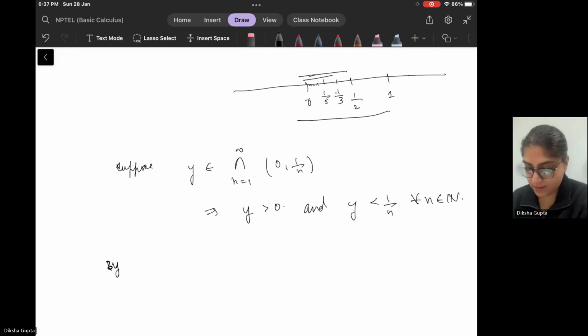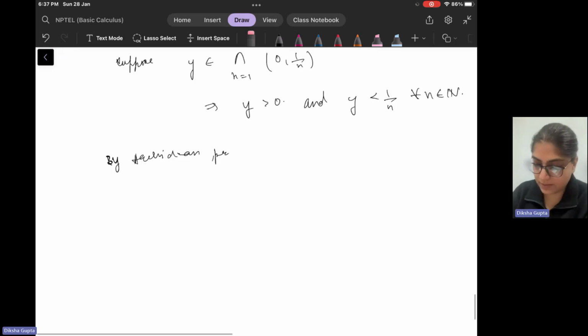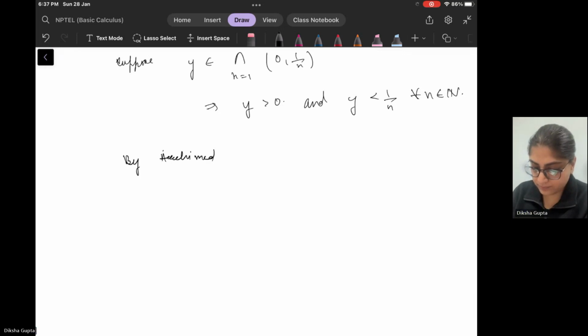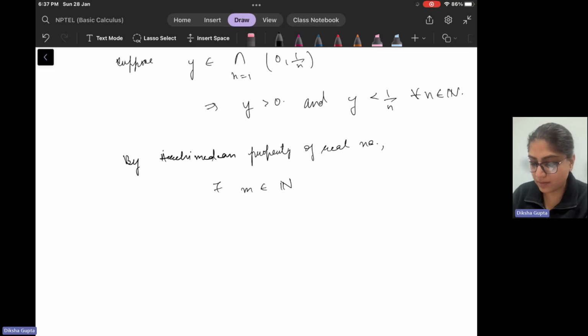But by Archimedean, what can we find? For real numbers, there exists m belonging to the natural numbers such that